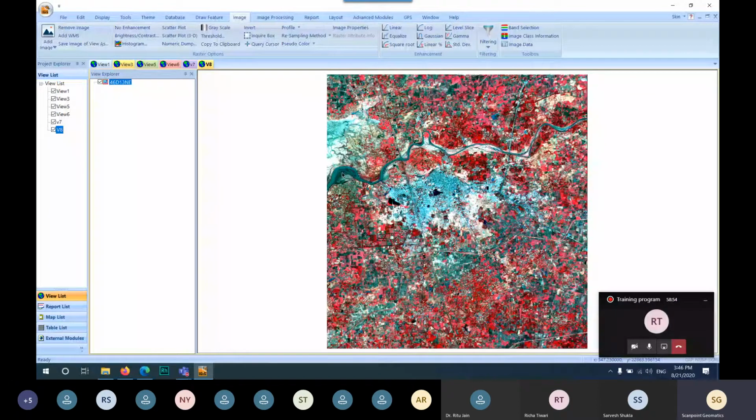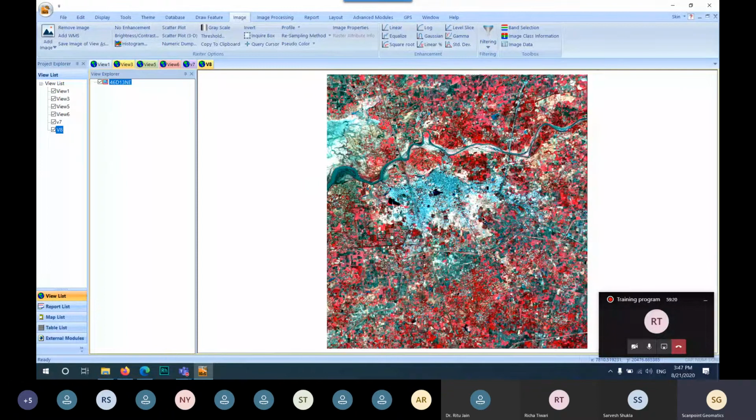Generally, the optical data are in 4 bands, that is the blue band, green band, red band, and NIR band, known as the visible region. In this region, band number 1 is the blue band, band number 2 is the green band, band number 3 is the red band, and band number 4 is the NIR band.